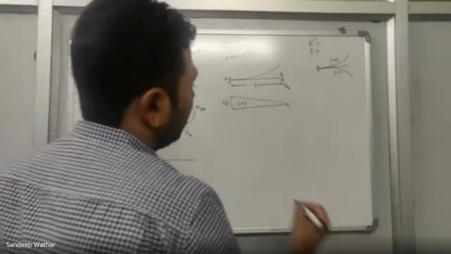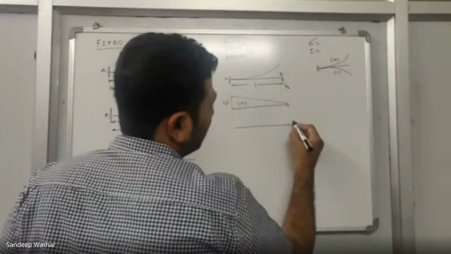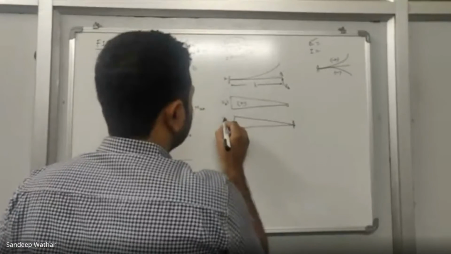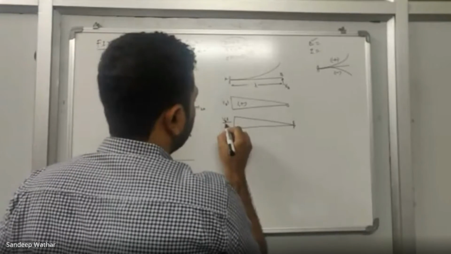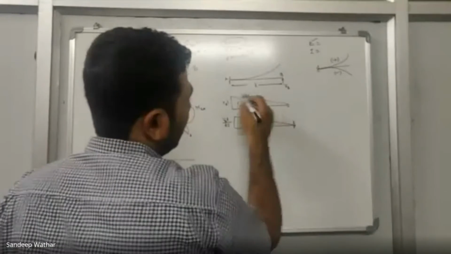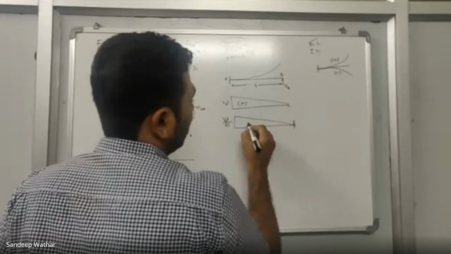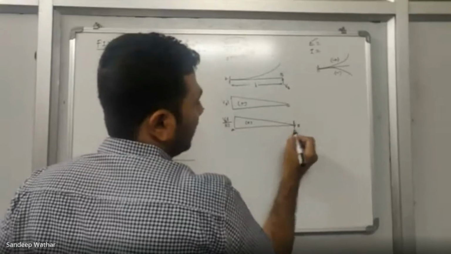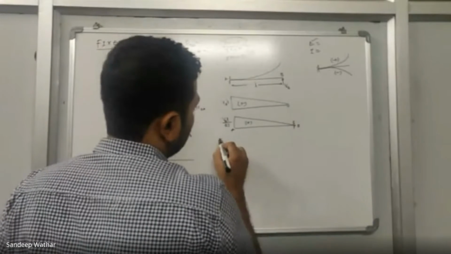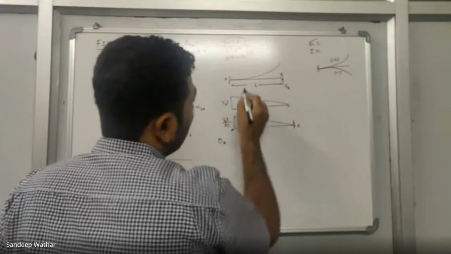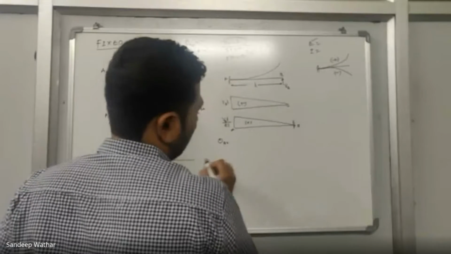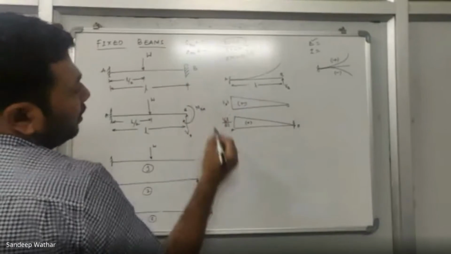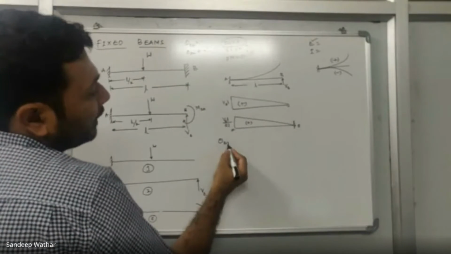Now again, I'll do the same thing. I'll convert this beam into a conjugate beam. I'll load this bending moment diagram over here. So this will be VB into L divided by EI. Okay, M by EI diagram, and this is positive. Should not forget this. This is A and this is B. Let me calculate how much is theta B. Earlier I had given a symbol called theta BW. Here I am calling it theta BV.